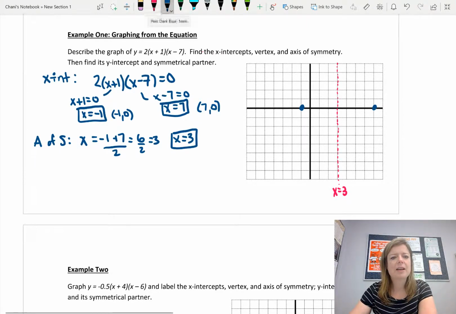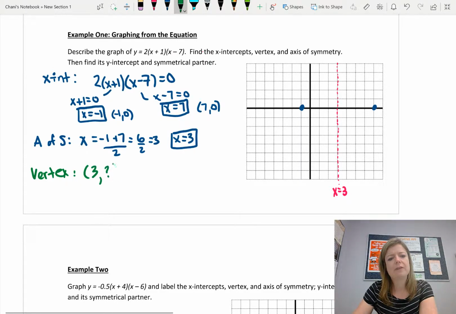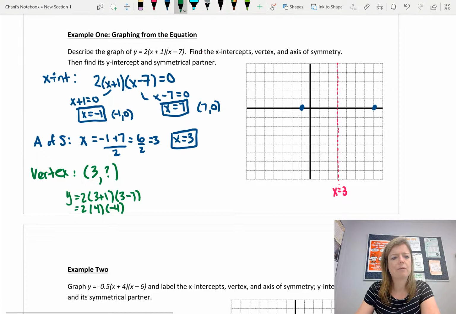Okay, so now let's go ahead and find the vertex. So we know that the x value of the vertex is 3, and we need to find the y value. So again, we take this 3 and we put it into the equation. So y equals 2 bracket 3 plus 1 bracket 3 minus 7. So this is 2 times 4 times -4. So we get -32. So our vertex is (3,